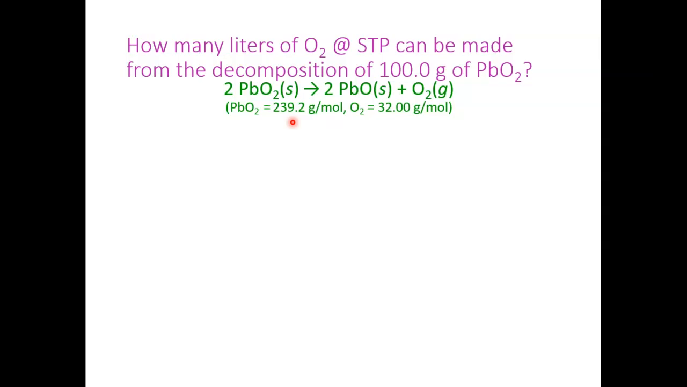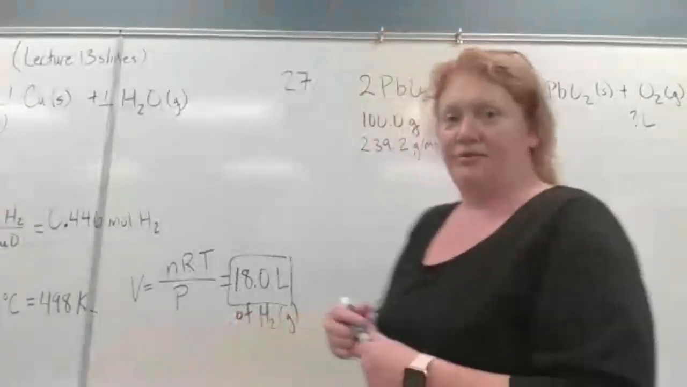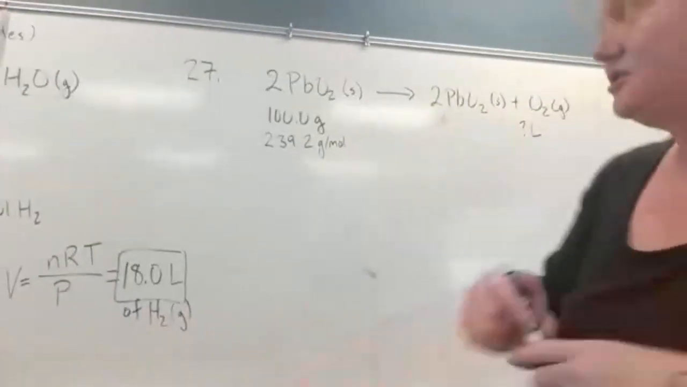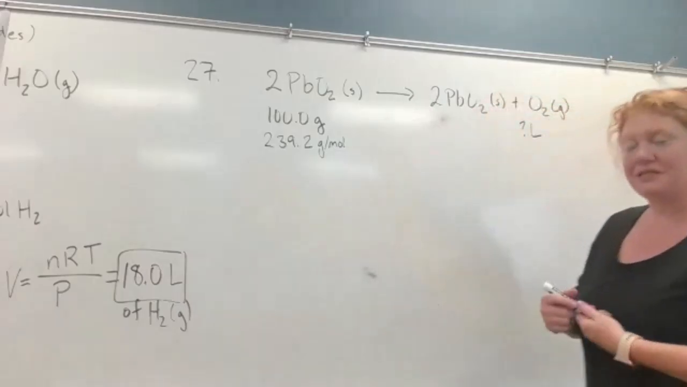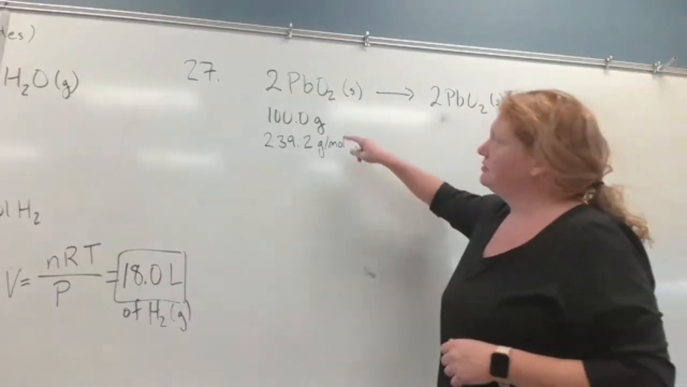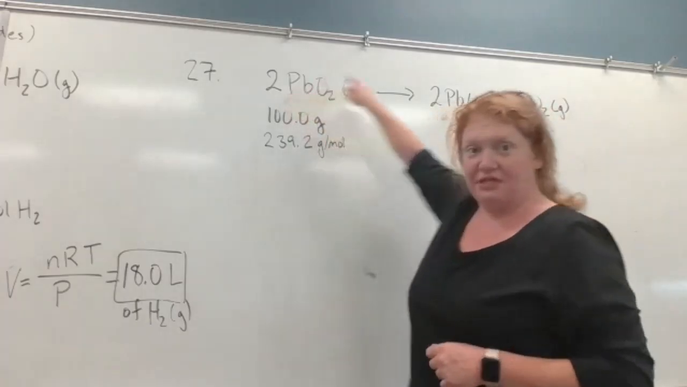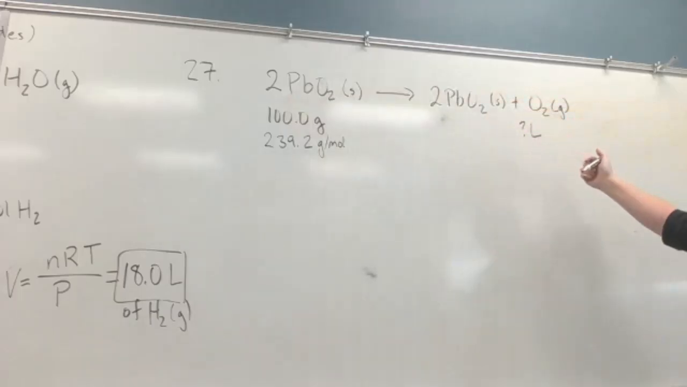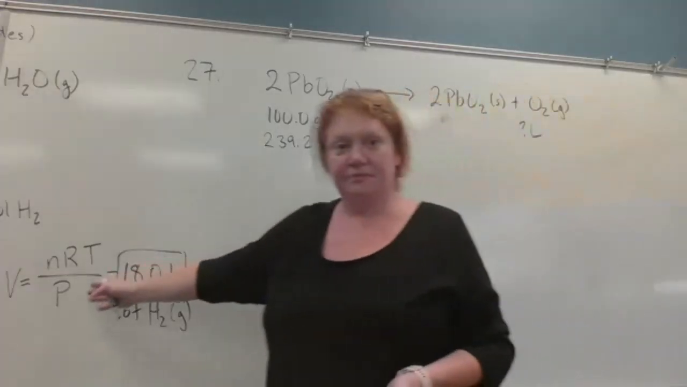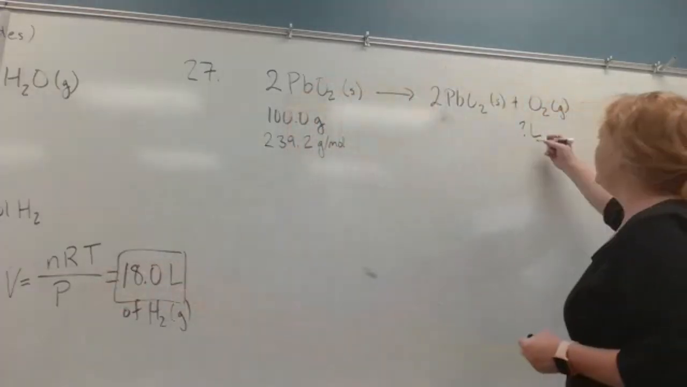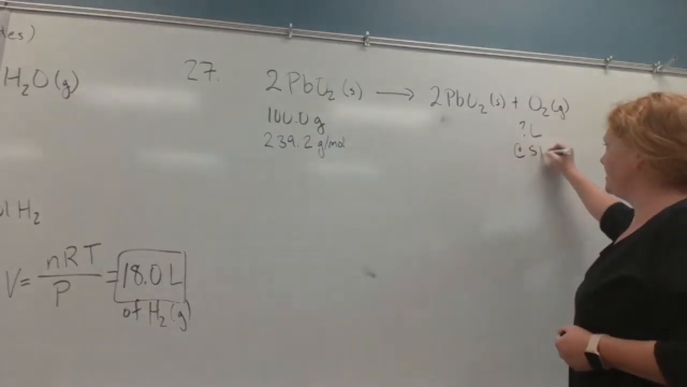I want to know how many liters of oxygen gas will be made at STP. So you can use the ideal gas law, similar to what we did on that previous example. We would convert grams of this substance to moles, and then go from moles of this to moles of oxygen, and then use the ideal gas law and solve for volume. Okay, same idea. However, because we are at STP,